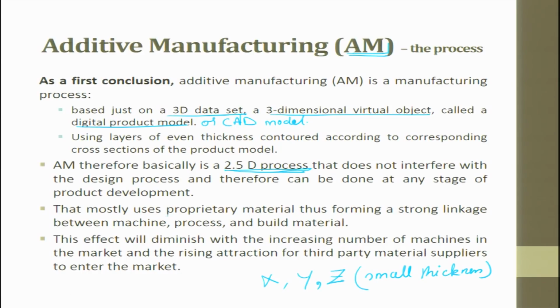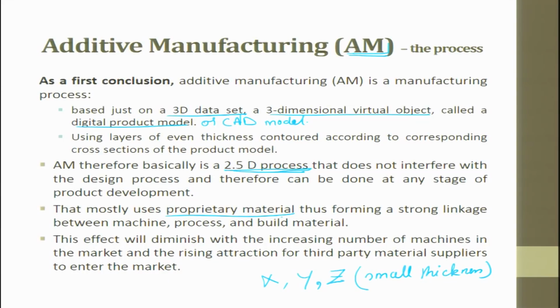This proprietary material, today companies have come forward and, keeping cost as a predominant factor, they have made it available from third party suppliers also. That means to say, for a company which produces additive manufacturing machines, the raw material can be bought from any supplier whom the company specifies. Because of that opening out, there is a competition between these companies. So, material cost has come down drastically. So, proprietary materials, which was earlier, now slowly this is also getting changed.